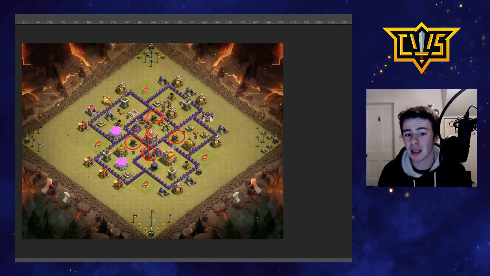So what I'm thinking about this base is we're going to start with a dragon up here, a dragon here. They are going to push in and start off the funnel nicely for us. Once that funnel is set, we are going to be pushing our dragons in from this top section, probably about here. The issue we're going to face with this base is